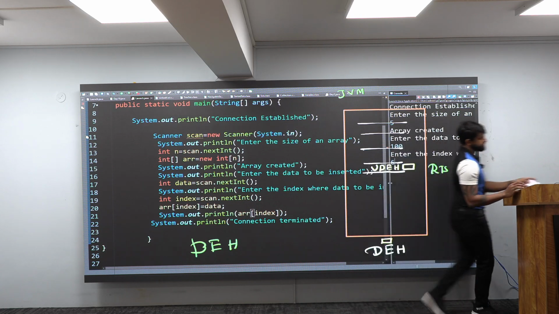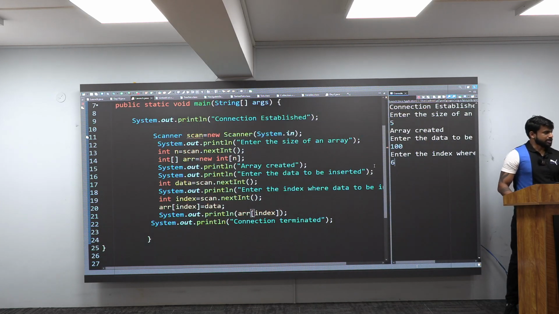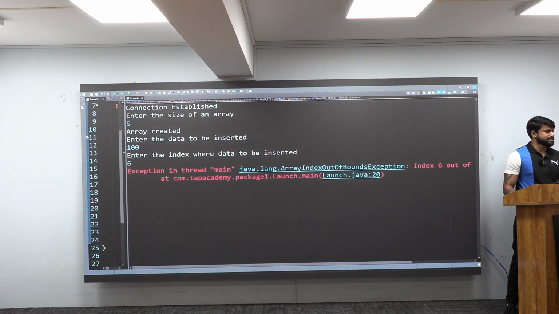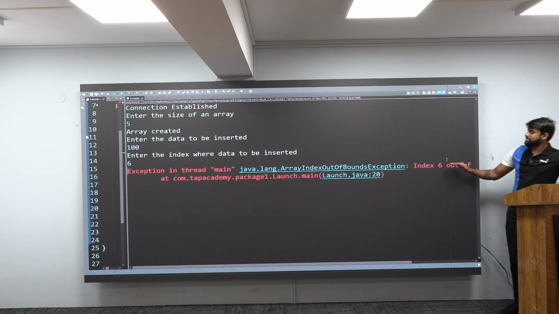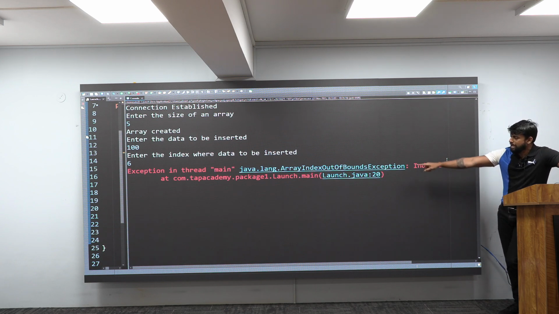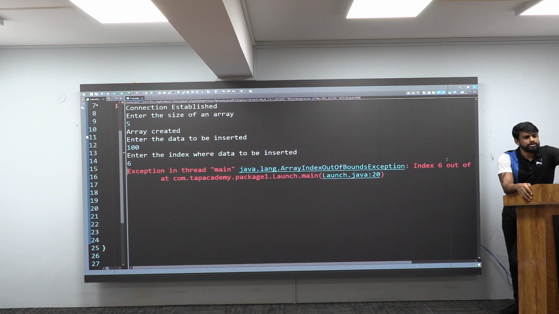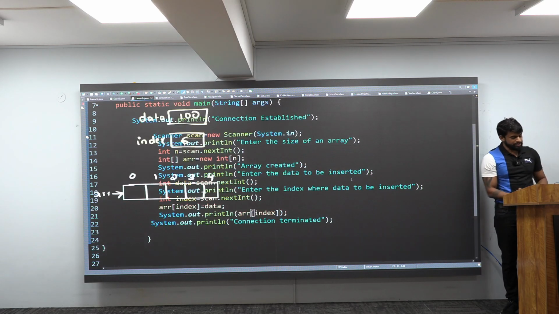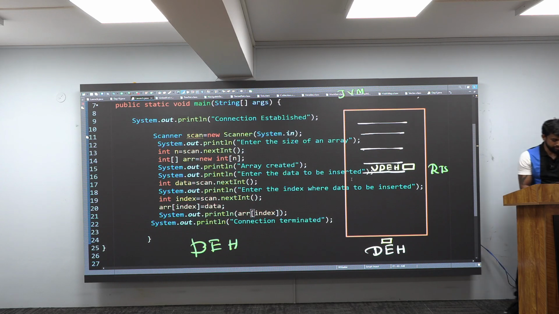Really, sir? What's this? I'll come here and if I hit enter, you can notice there. What is this? This is an array index out of bounds exception, and it is telling why this exception is happening, and also in which package, in which class, in which method. Any doubt in this? No doubt. Brilliant. I'll close this console now, and whatever happened, let me show it to you using this. How is that, sir? Watch it.